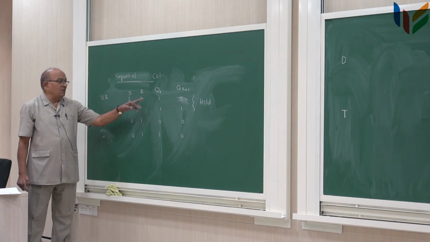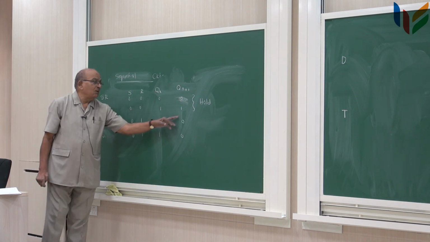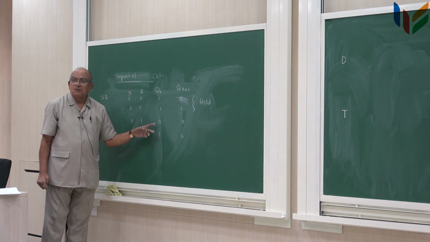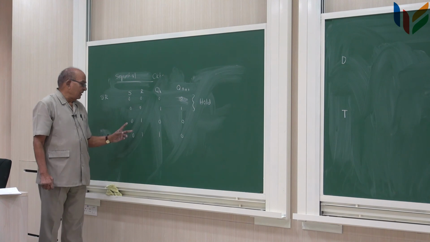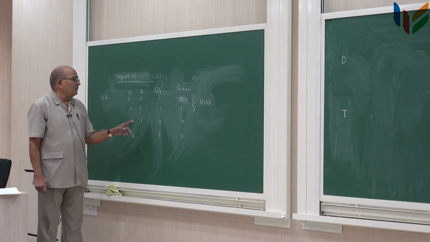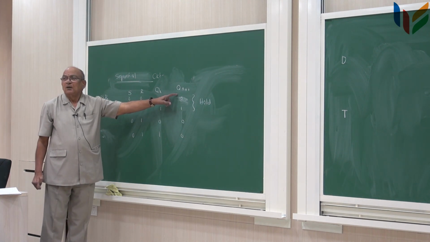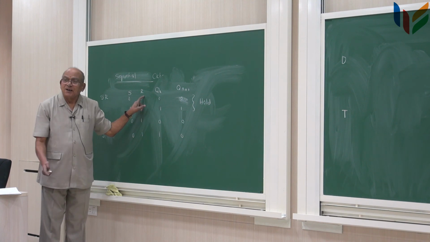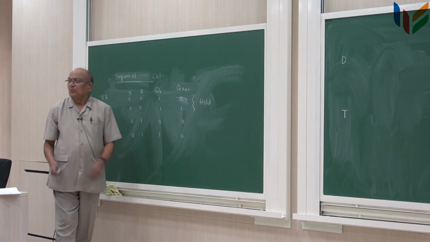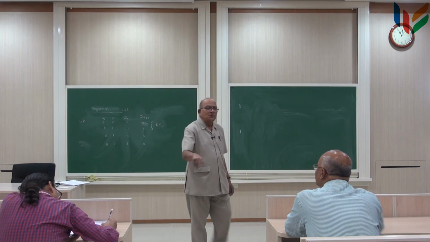That is, the Qn plus 1 will always be equal to 0, irrespective of what Qn is, when the inputs S and R are 0 and 1. What it means is R defines the Qn plus 1, and R makes it the reset, makes the output equal to 0. That means the flip-flop is brought back to 0 state, irrespective of what the previous state is.